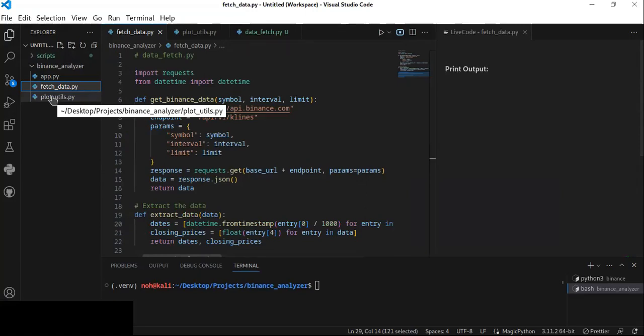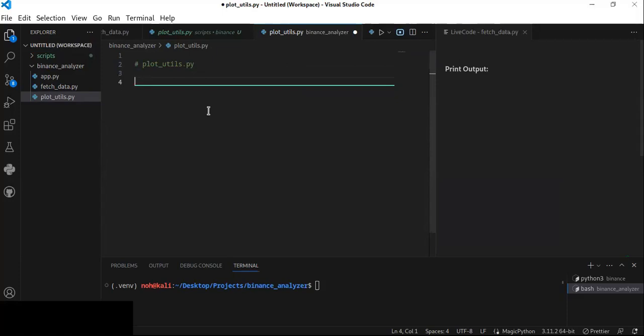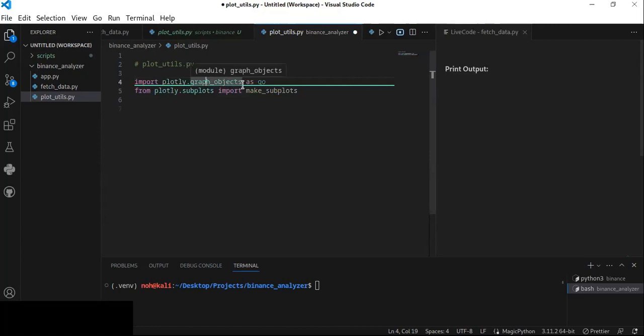Okay, now go to the plot_utils.py file and create a function to plot the data obtained from the Binance website, so we can see an interactive visualization of the trends of the currency in the given time interval. And we can analyze the current prices, the closing prices of the currencies, by visualizing them using Plotly. First of all, you need to import plotly.graph_objects as go, and